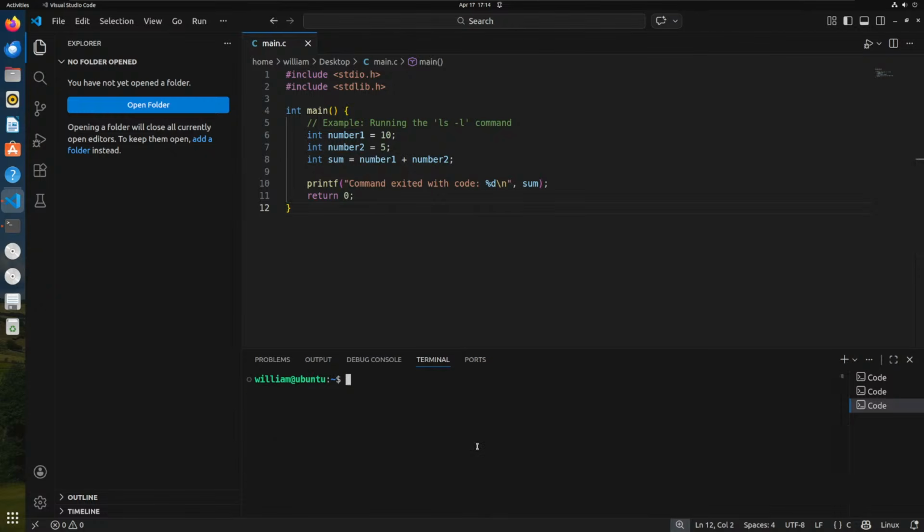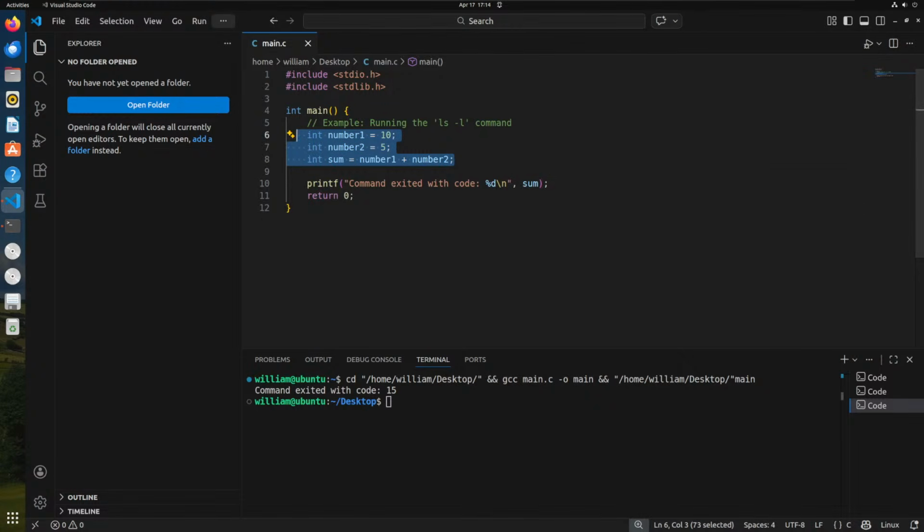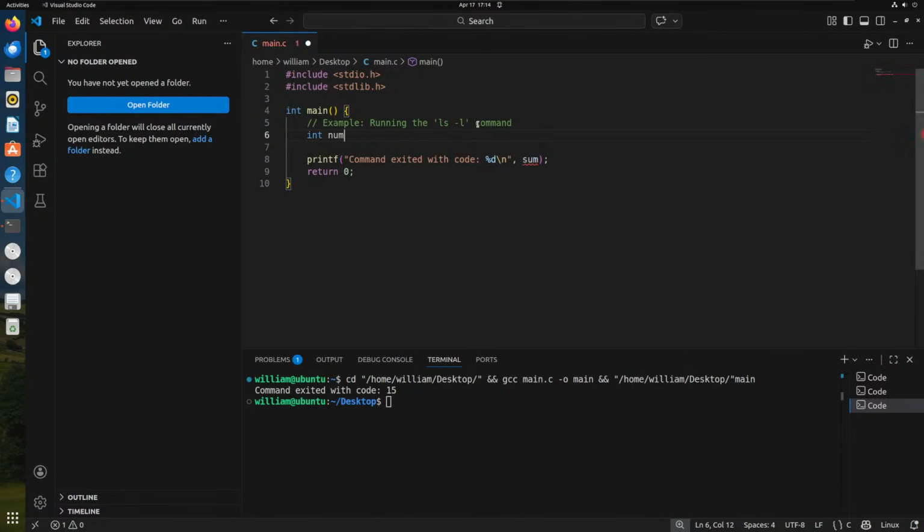Okay, so there's one thing that I can do. There we go. So this is a bit of a better way. In C, we can specify values at once, right? So we can do something like this. And you can also do, if you just do int sum, there you go. And then remember the semicolon at the end. Semicolon is the most important because it basically tells the program to